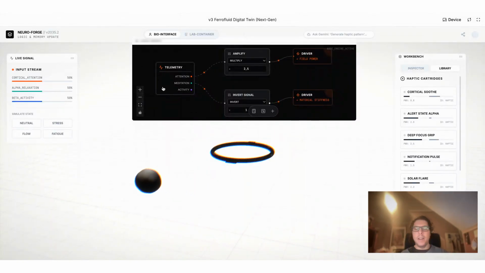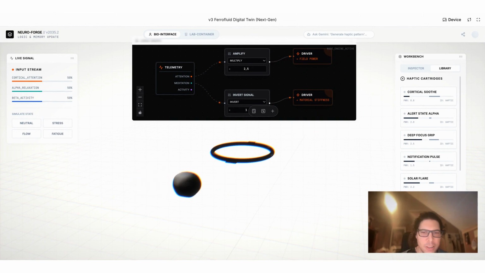Okay, just a quick overview for the design software I developed myself. This is a ferrofluid digital twin or digital simulation software that I vibe coded for one of my speculative design projects. The idea is that in the near future you can use ferrofluid much more